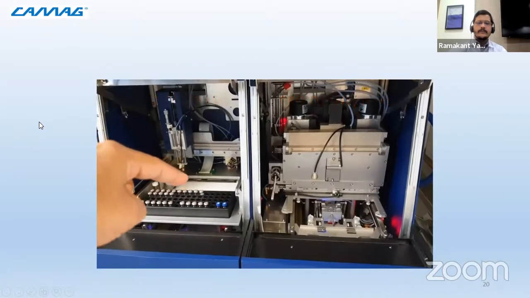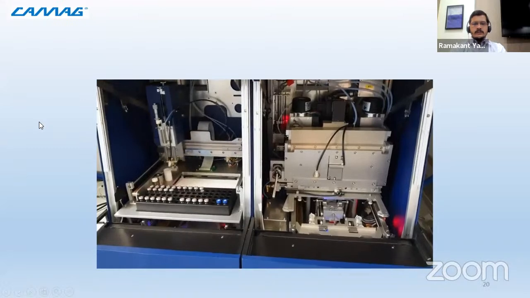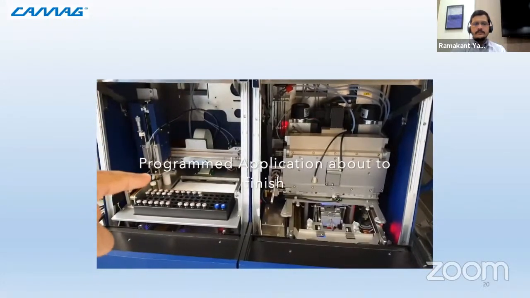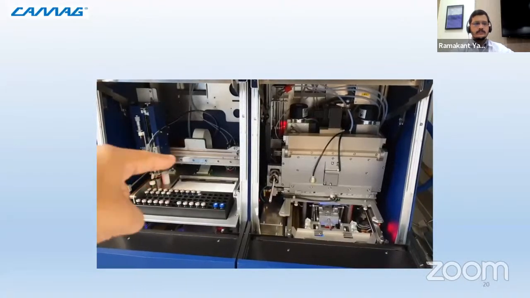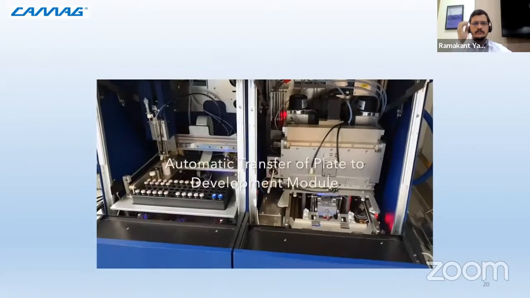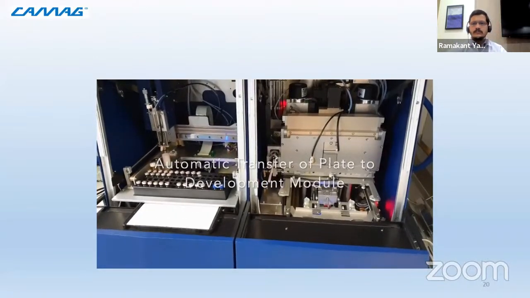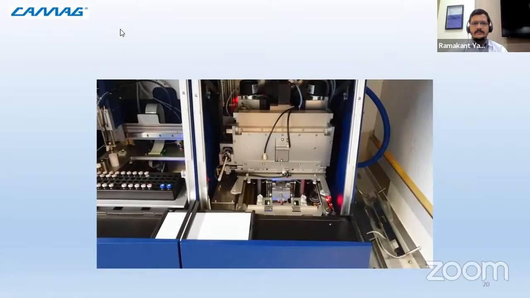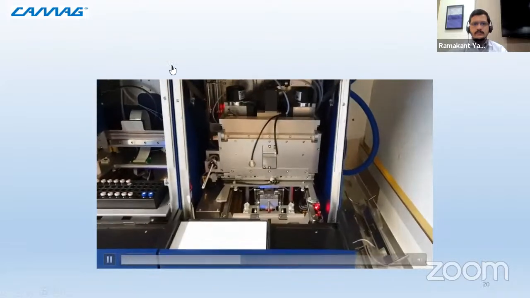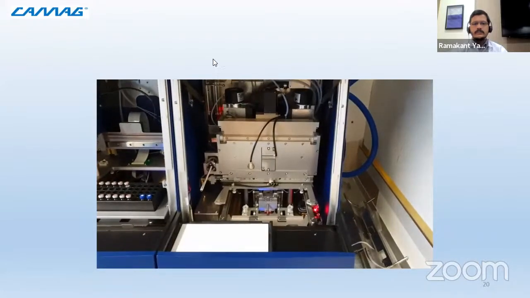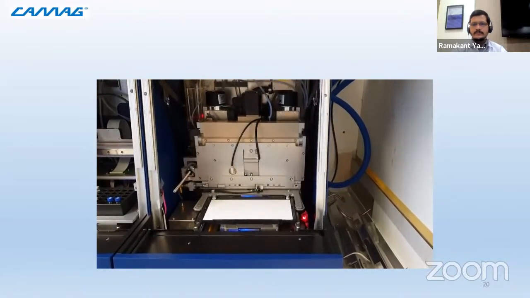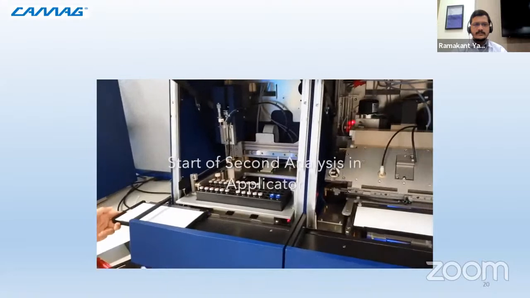So the last track on the plate has been applied, track number 15. Yeah. Now the needle has gone for rinsing. The plate is now finished. You can see the plate is coming out. It is moved to the transport automatically. And now it will be fed into the developing chamber. It's asking for the second plate. And the second plate is also going in.